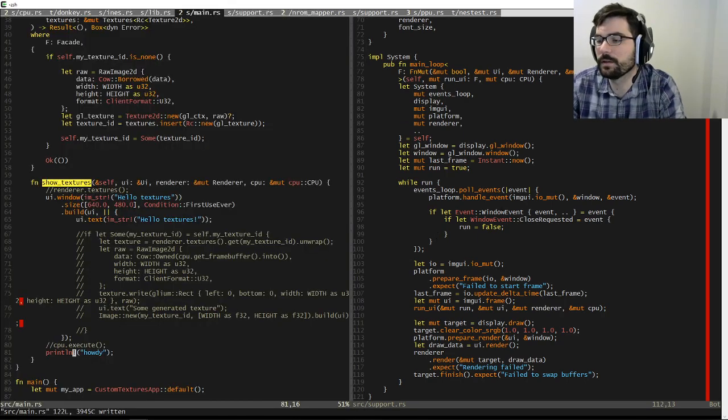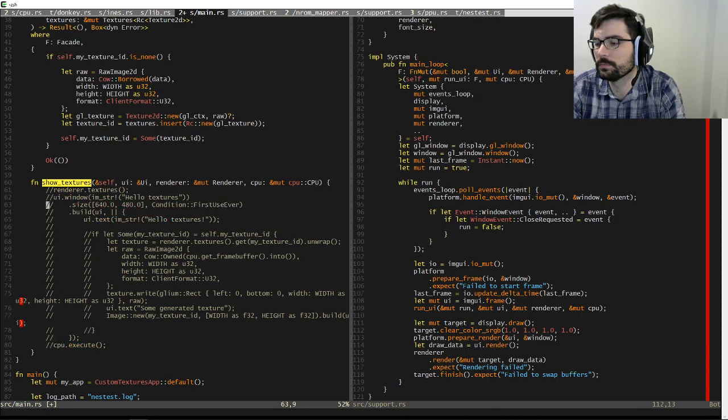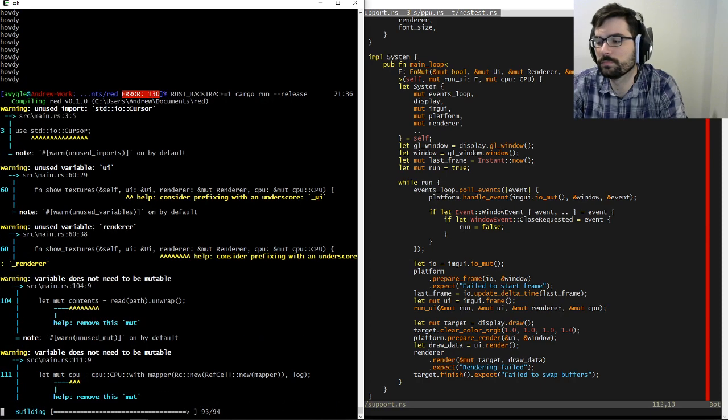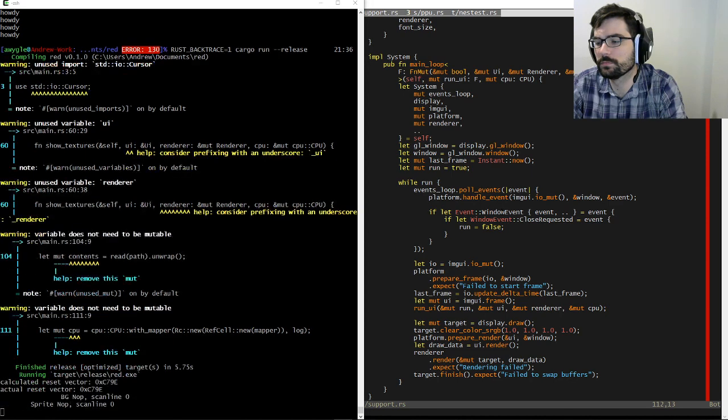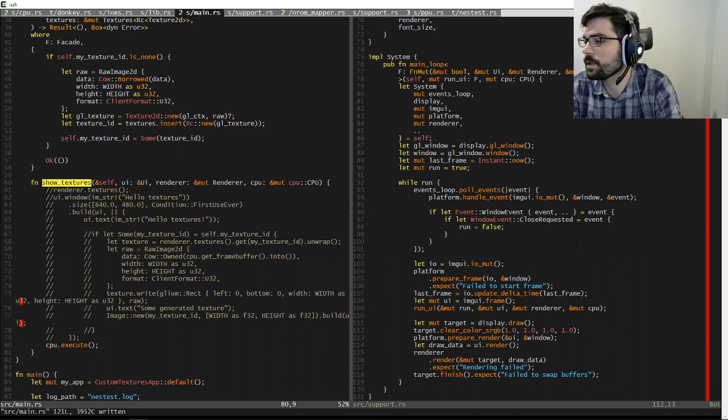Yeah, that's not helpful. Okay, so we still need to run our CPU. What if we just don't have a UI at all, and all we're doing is running our CPU? Nope, still slow, okay? What if we just don't do any of this junk at all?